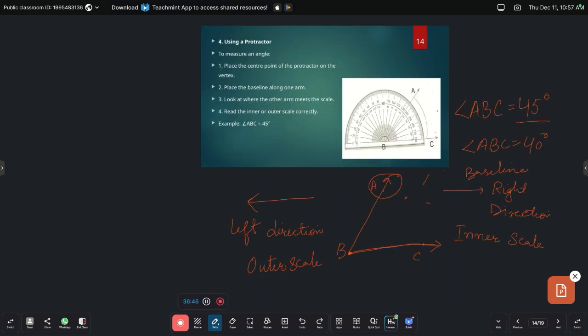Students, let us again revise this using protractor. I'll show you here the types of angles on the protractor as well. See, if I am having an angle like this angle, you can see it measures exactly 90 degree. As you can see in the outer scale it is 90, as in the inner scale it is 90. So observing this figure, you can say this angle is equal to 90 degree. That means it is a right angle. Got it? Because it measures exactly 90 degree.